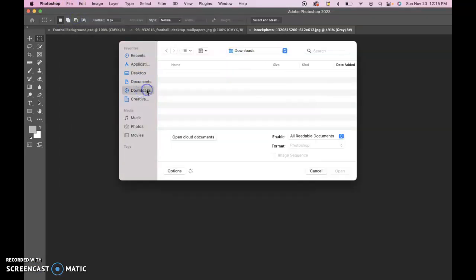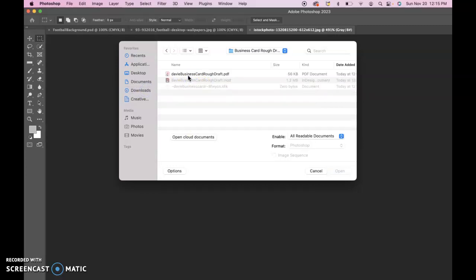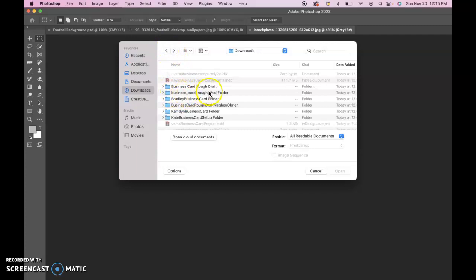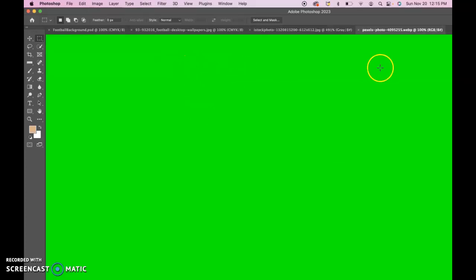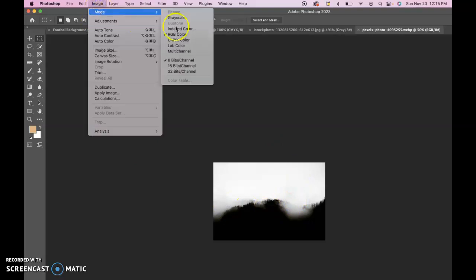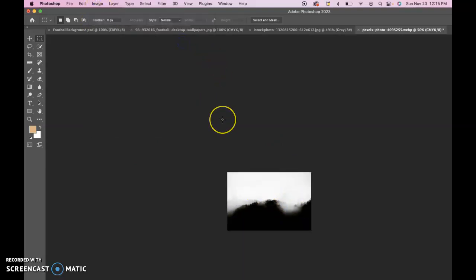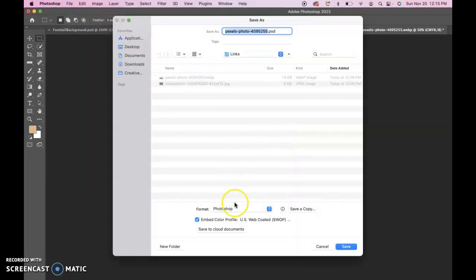Let's see, is it this one? No, I have a lot of stuff downloaded here. Here it is. So you go here, find that WebP file, open that up in Photoshop, which looks weird because my Photoshop is messed up. Oh, here we go. And then Image, Mode, we can make it CMYK color and just do a File, Save As. We might want to save out a Photoshop file and